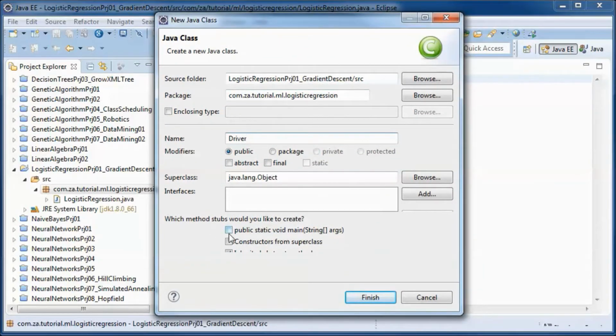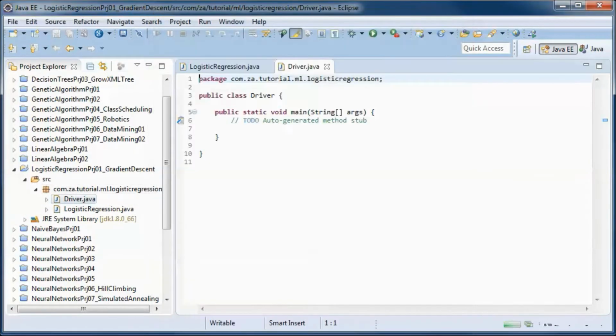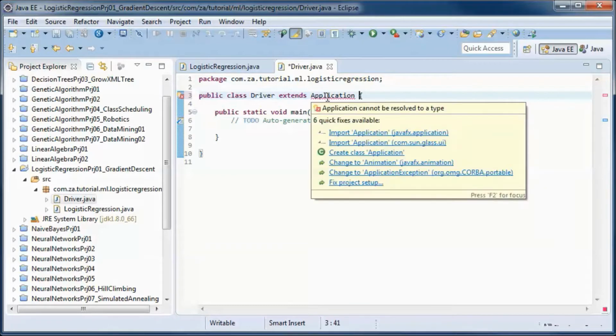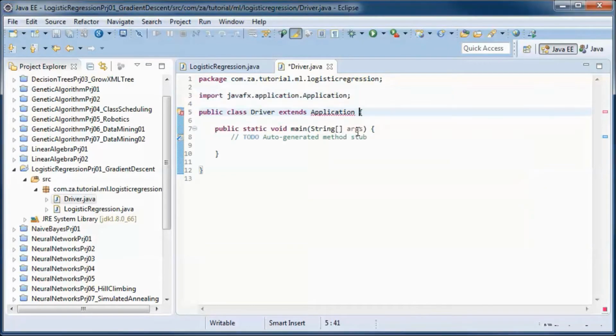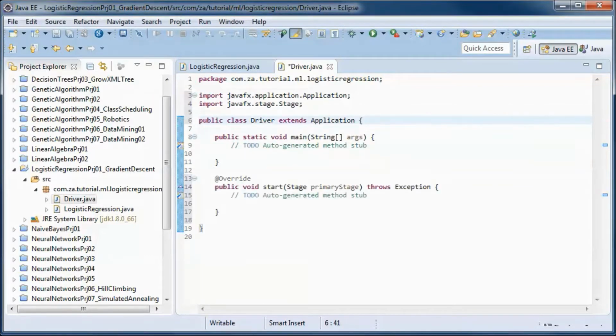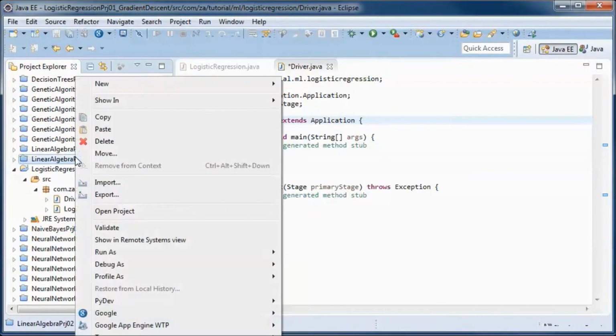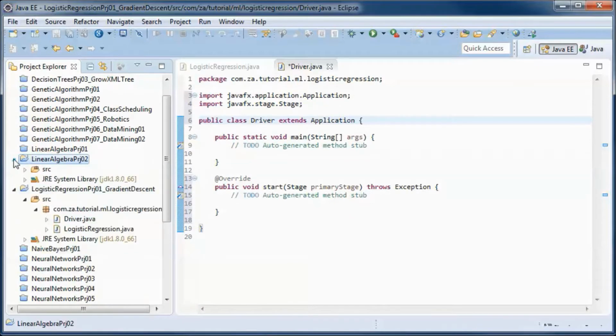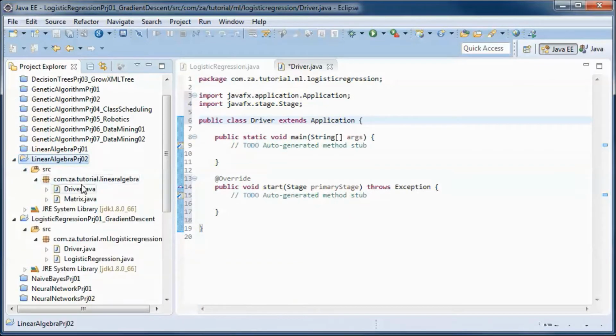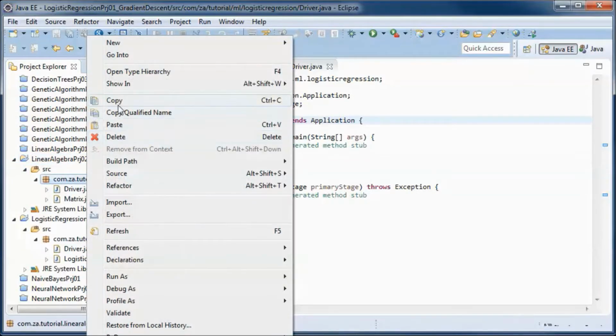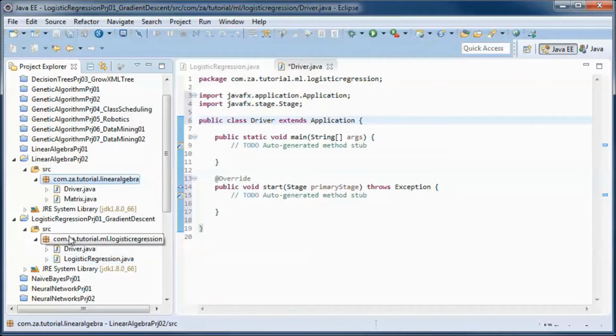So it will have a main method, and it will extend from Application since we are using JavaFX. And we will be doing matrix operations. So I'll pick up the matrix class from this project.